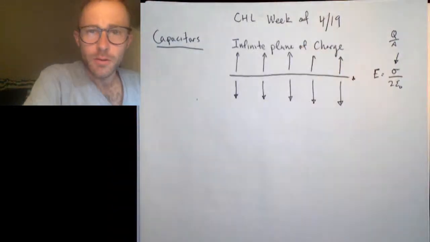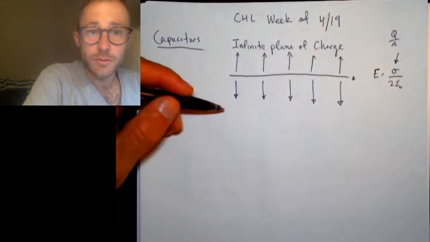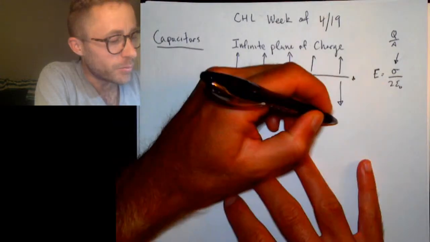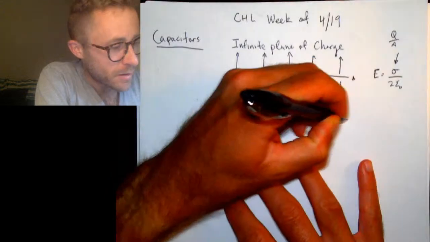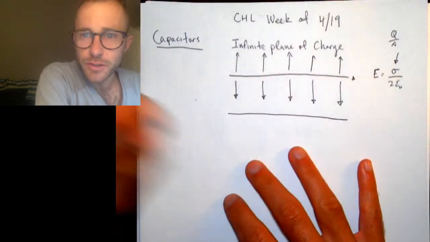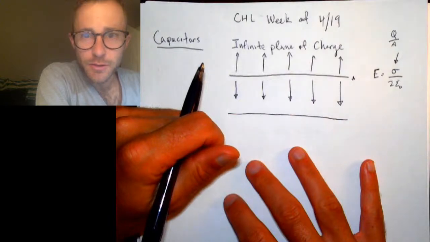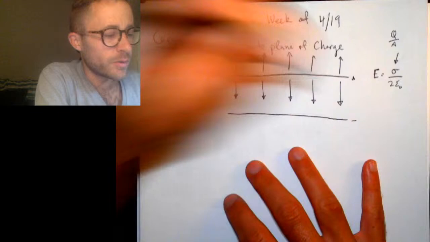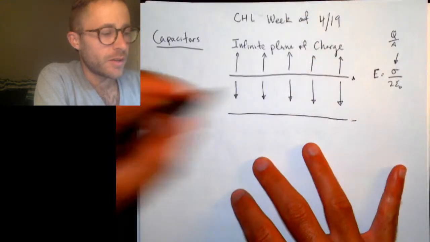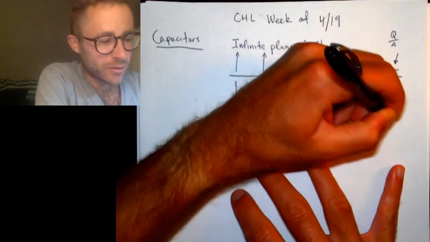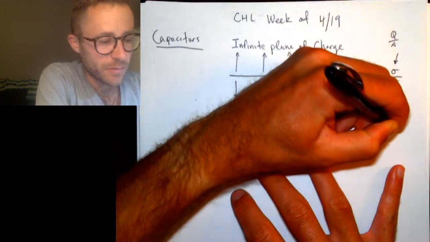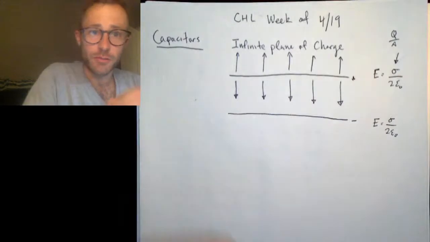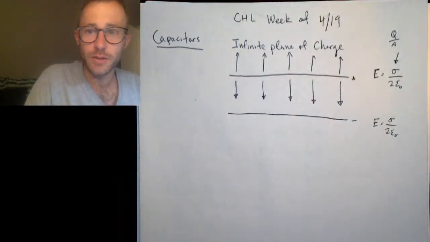Now, what if we were to put an infinite conducting plane below that, that has the same charge density but opposite? So it's minus. The electric field is going to have the exact same magnitude, but it's going to point in the opposite direction. Instead of pointing away from the conducting plane,